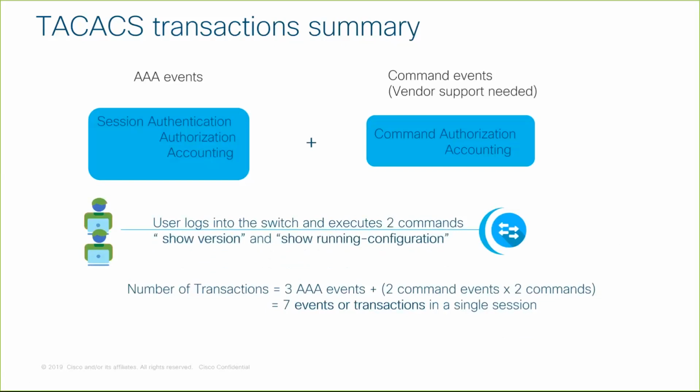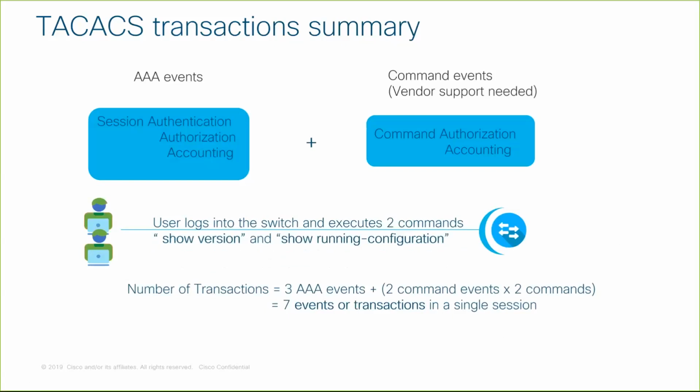For every command run, you will see the command authorization and command accounting. Since it is per command, if you put on your elementary school math hat, you see that it is 7 events for a single session. Every time a user logs in and performs these 2 commands and logs out, that is 1 session. You will see that there are 7 events that are triggered,